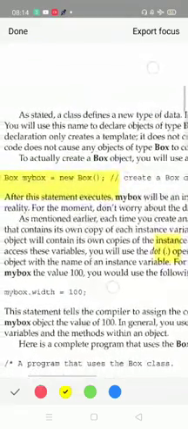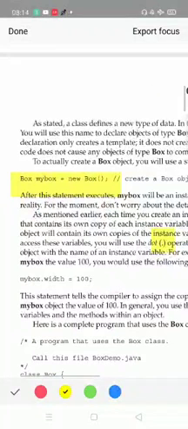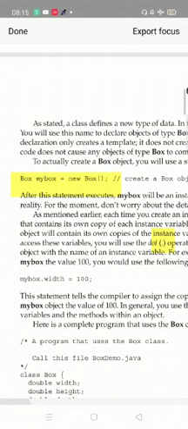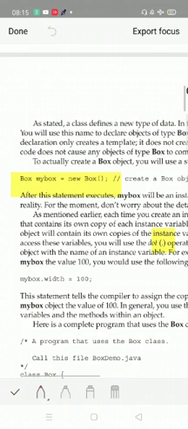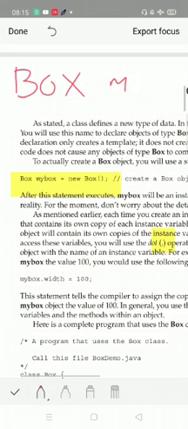Hope it is visible. See, for object creation in C++, we mentioned the name of the class followed by the name of the object. That's it. So in C++, if you are writing the same example, then the object creation step will be the name of the class, that is Box, followed by the name of the object. The name of the object can be anything. Let it be myBox only, followed by a semicolon. So this is the syntax we follow in C++.